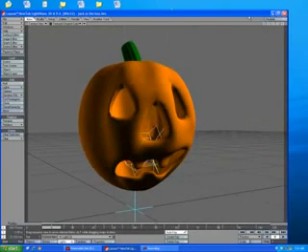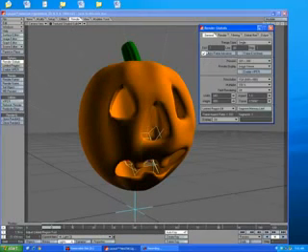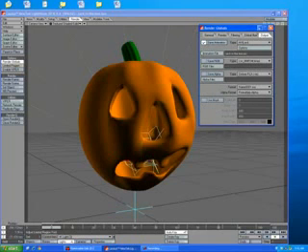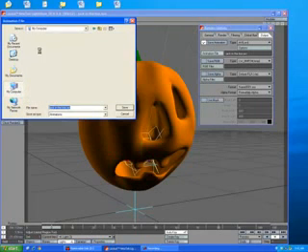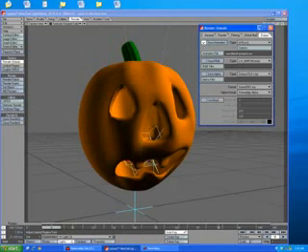Okay, so now all you have to do is render it, and just as a reminder, you go to Render, Render Globals, make sure you have the same amount of keyframes, go to Output, Save Animation. It's very important that you put it on your computer, Storage F, in your folder, and you want to name it period and your name. I'm just going to name it Wendlandt Pumpkin, and I'm putting it on my F drive. I want to make sure it's an AVI, and then hit